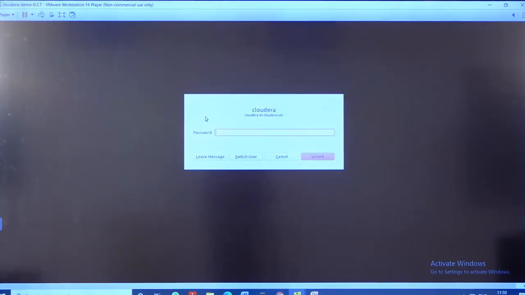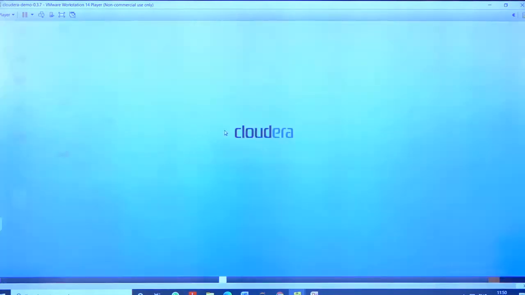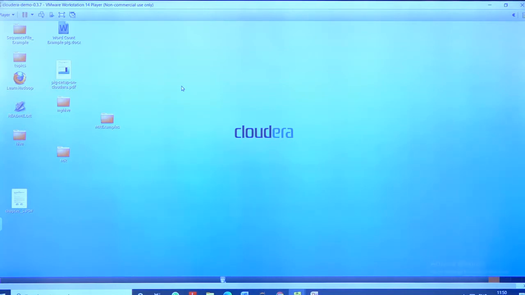Once you open Cloudera using VMware Workstation, it is going to ask for the password, and I am giving the password as cloudera. Once you open Cloudera, it looks like this, and as our main intention is about viewing the configuration files,